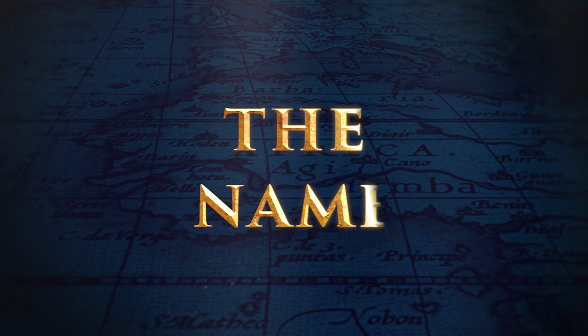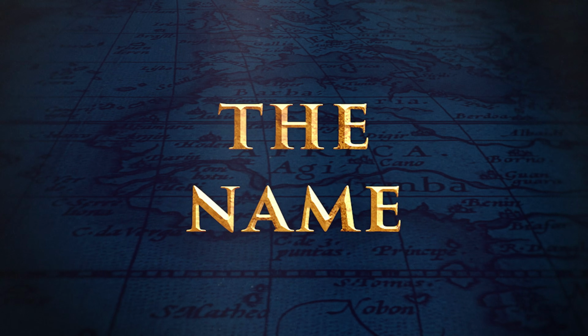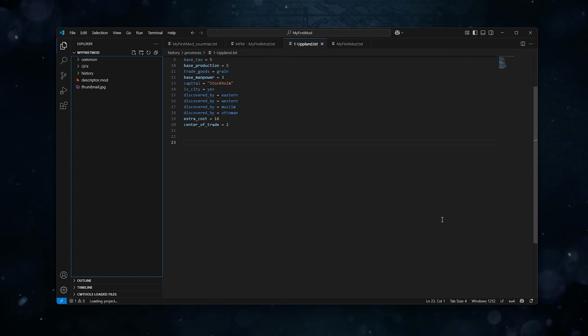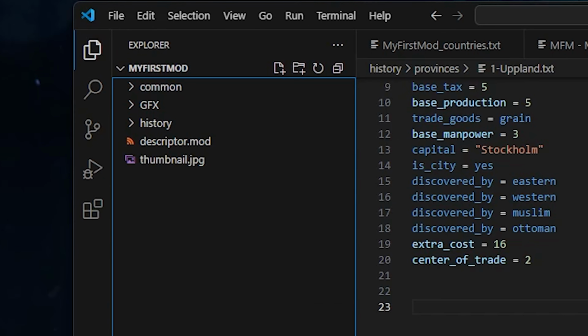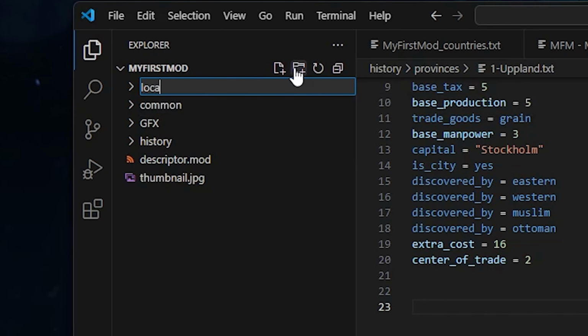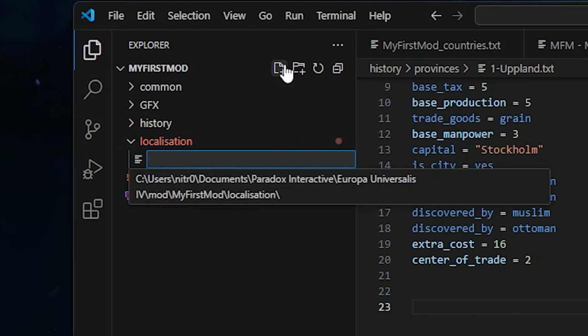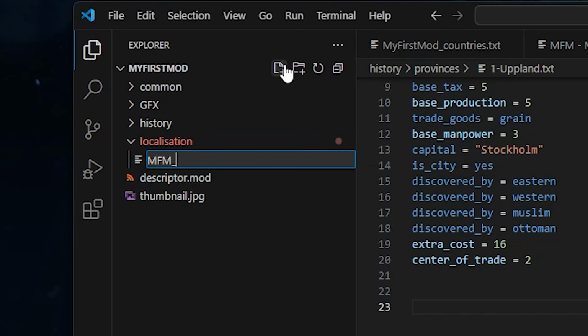The name. Last but not least, we have to give our country a name. Going back to the mod directory, we need to create a folder called localisation. Make sure to use the British English spelling of localisation with an S rather than a Z. In the localisation folder, we need to create a file for our localisation to go into. All localisation files use a YML file type, which can be written in any file editing tool. So for that, I'm going to create a file called